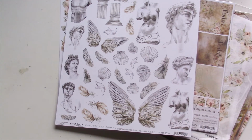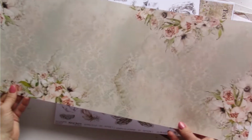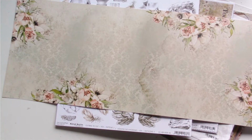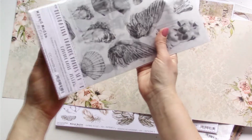And what I also want to show is the cover paper, of course. The cover paper for this collection looks like this. Charming. And what else I've got in my package was the tracing paper set. And I want to open it because